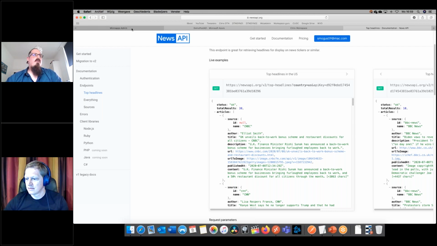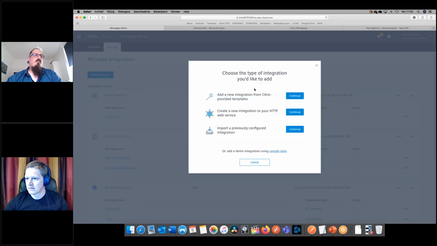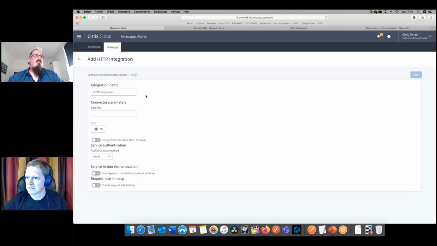So what are we going to do? We're going to go to the micro apps admin. We are going to click create an integration. Citrix has provided us with templates, which we can use for Jira integration and that kind of stuff. Well, this news integration is just a custom API, so I have to create a new HTTP integration. I'm going to give it a name. I'm going to call it Corona